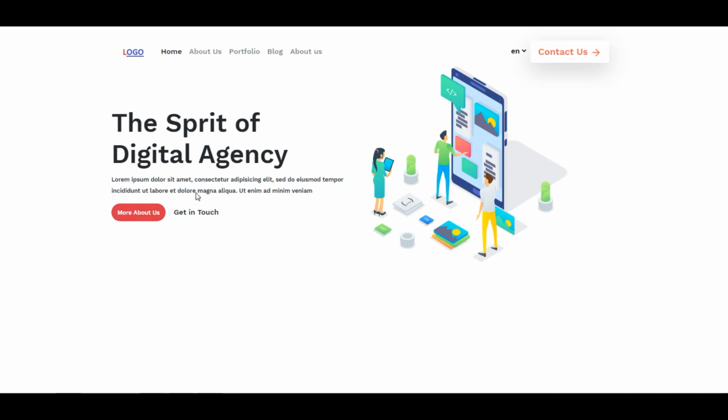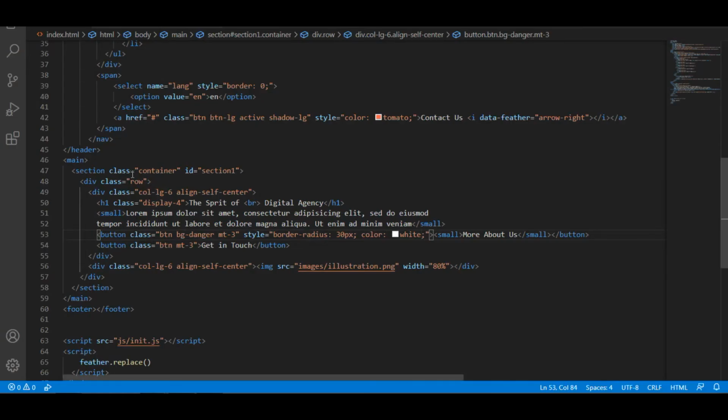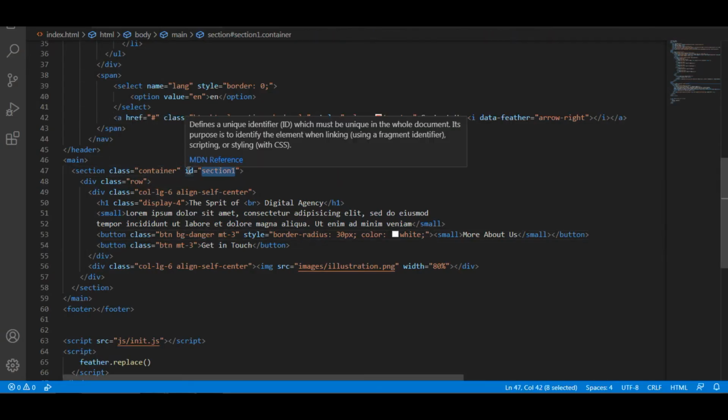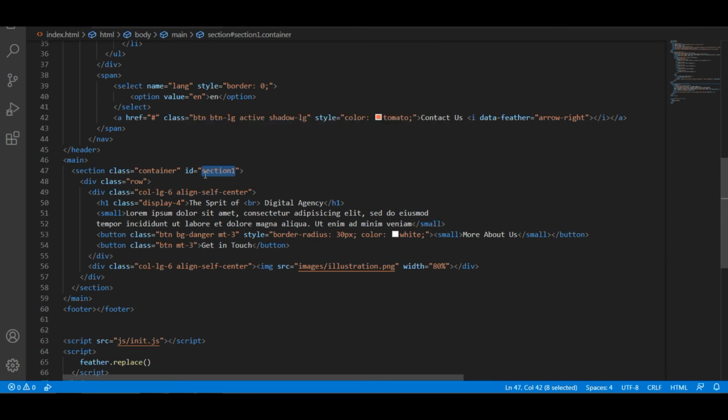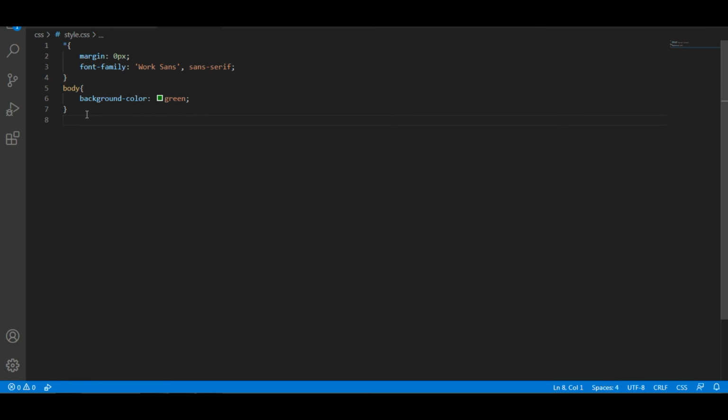So I think that's all about the first section. The header area and the section are somewhat close to each other, so we want to separate that. So apply the ID as one. For the ID, we use the hashtag to represent that we are applying the style to the ID.